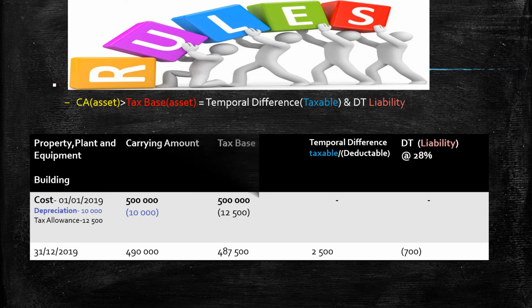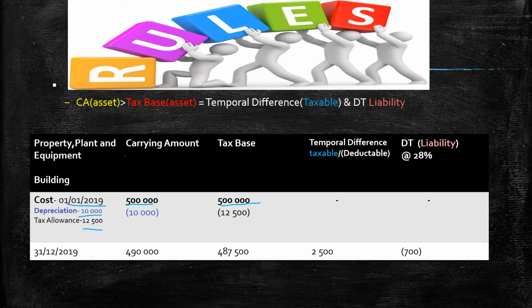Now here's an example that we're going to be looking at. This one is going to be very informative, guys. Now for this one we have a building which cost 500,000 on 1 January 2019, and a similar tax base, right? It was acquired the day the company was formed. Now there's a depreciation here. For simplicity, I just wanted to make this one very simple. We have a depreciation of 10,000 rands and a tax allowance of